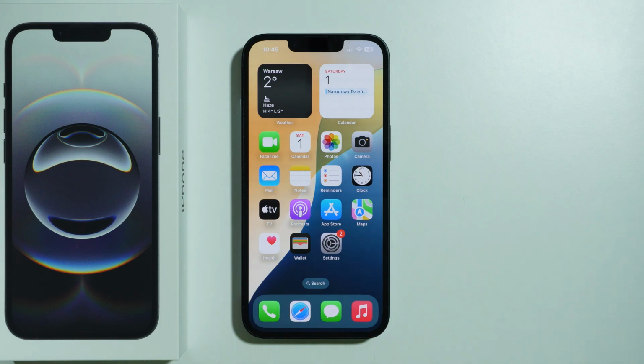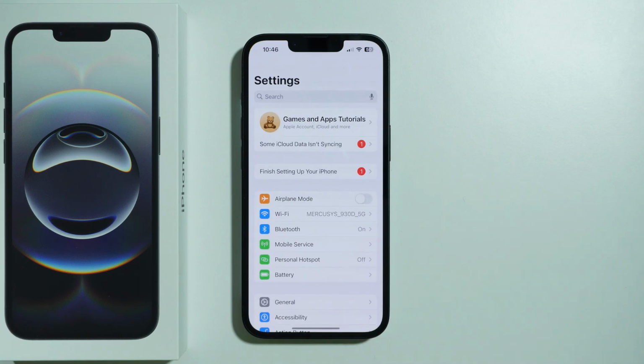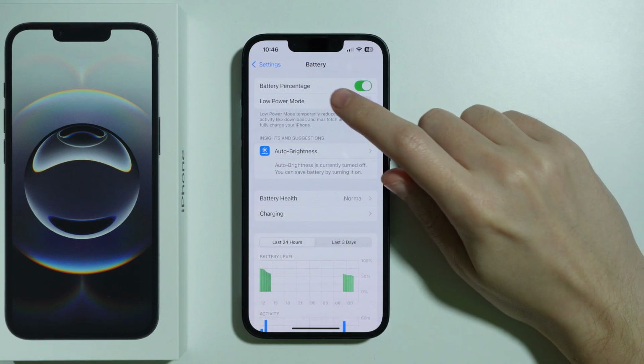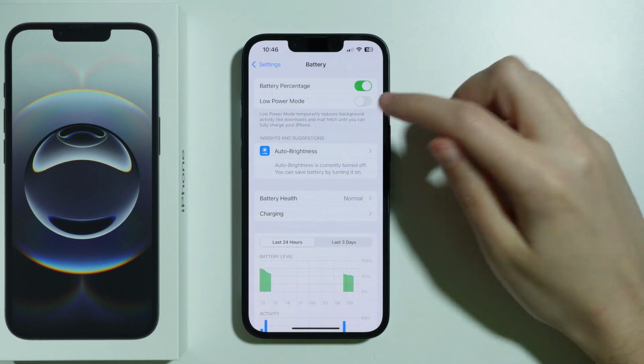Here's what you can do in order to reduce battery aging and optimize battery charging on iPhone 16e. So first we're gonna go to the settings and choose battery. This is where we can do most of the stuff that allows us to prevent quick battery aging on this phone. First, what we can do is of course use the low power mode from time to time, which temporarily